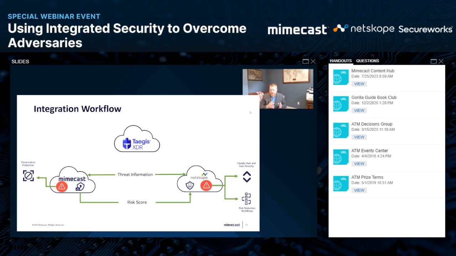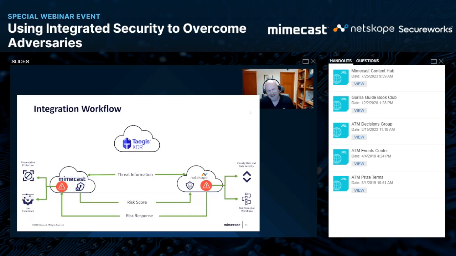But what we can do is share that with Netskope's Cloud Risk Exchange to be able to commingle that with the cloud-based scores and scores from other sources to get, I'm going to use a terrible word, super score, for you to then be able to apply various policies and responses based off of those scores. So David, why don't you elaborate and clarify what you said?